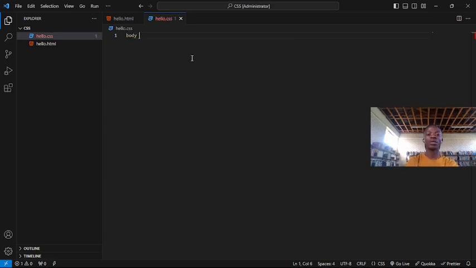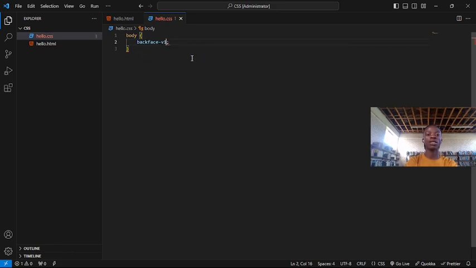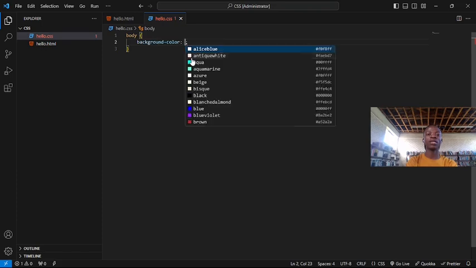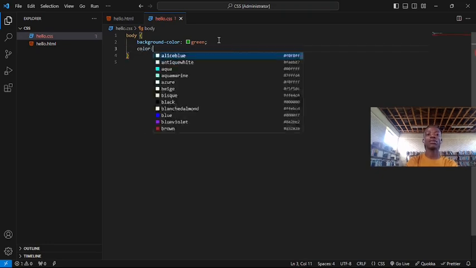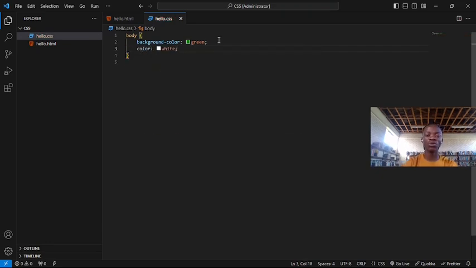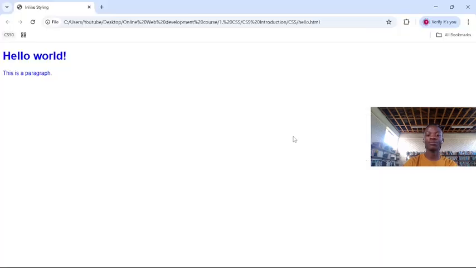So let's say I want to style the body. I want to make it have a background color of green, and I want to change the color to white, for example. So color is going to affect all the text that is going to be displayed on the hello.html file. So if I run this file now, you're going to see that we have